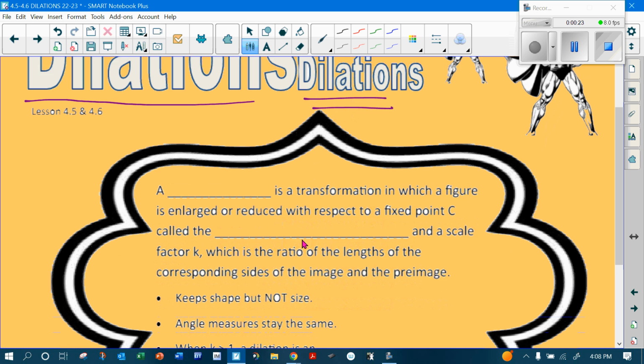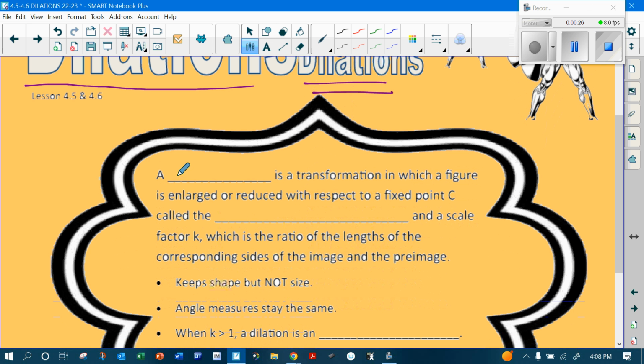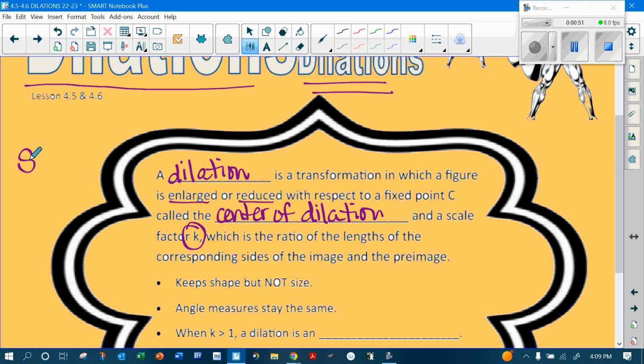So by definition, a dilation is a transformation in which a figure is enlarged or reduced with respect to a fixed point called a center of dilation. And a scale factor, which is represented by the letter K. So scale factor will always be K, which is the ratio of the lengths of the corresponding sides of the